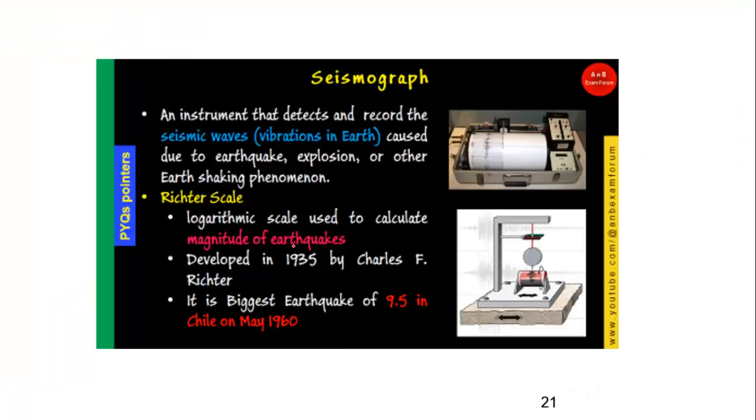And all such pointers we have seen in our theory classes: seismograph is the device which basically records the seismic waves, which are vibrations in the earth. Okay, and the Richter scale is used to find the magnitude or the intensity of the earthquake, and the biggest earthquake happened in May 1960, which was of the order of 9.5. Okay,